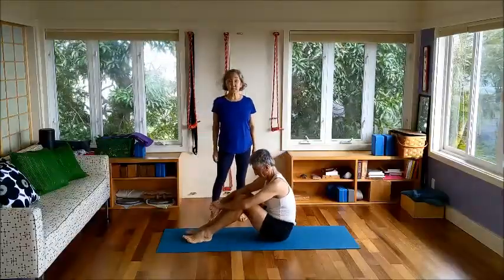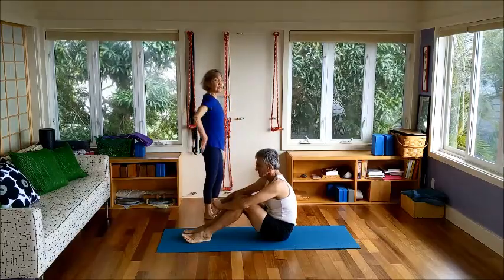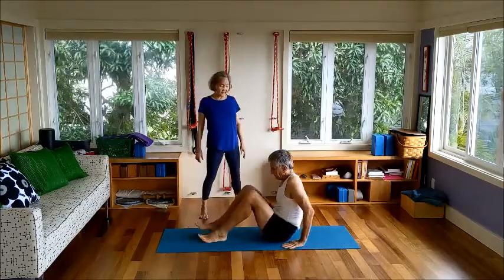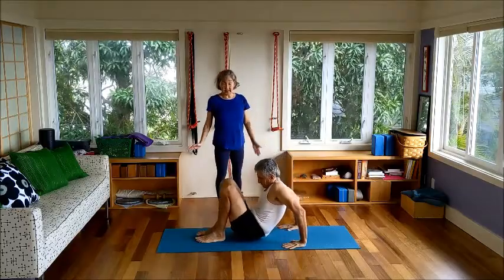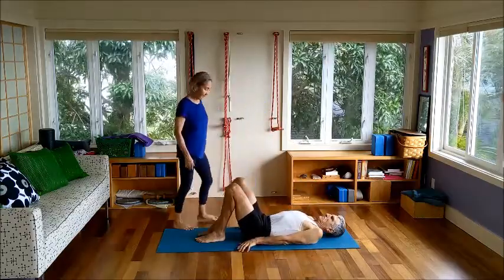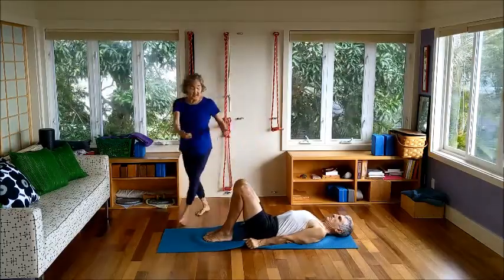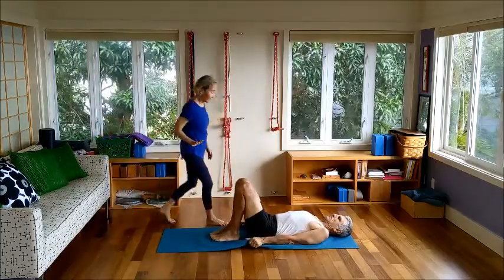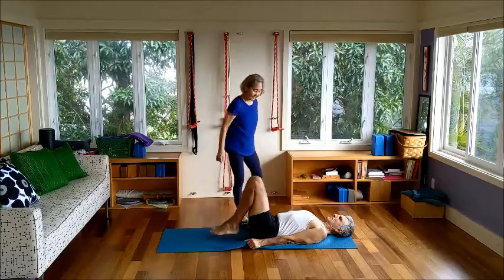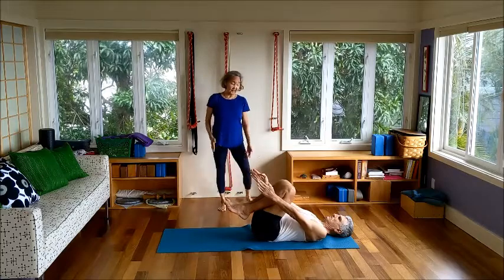Alright, the next pose is Pavamuktasana, wind-breaking pose. This pose is very good for keeping width and spread in your sacral lumbar area. Alright, so watch Ray, he'll show. You will need a mat on the floor. He uncurls his spine straight down the middle. Notice how he brought his heels closer into the buttocks, and he's pushing the mat away towards his toes, so the chest slides up. The abdomen is very scooped down and deep. And then he rolls his thighs to his abdomen,